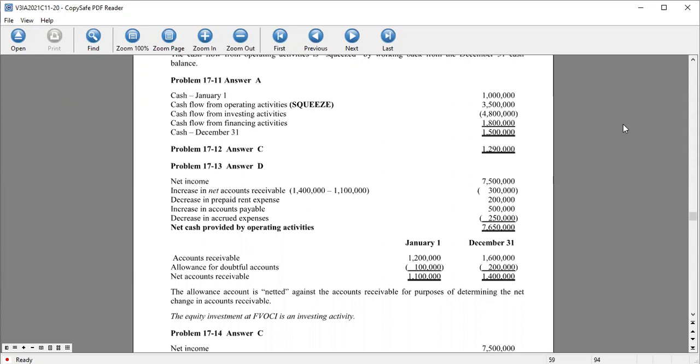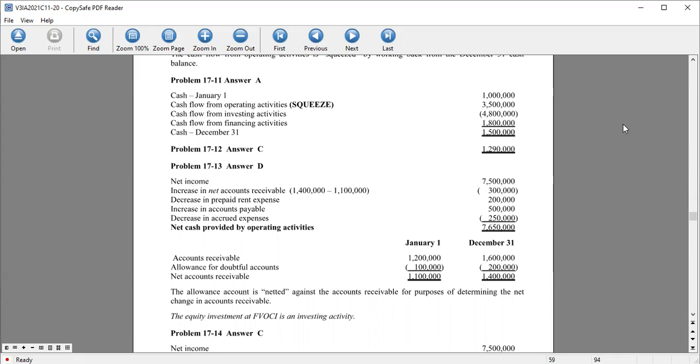Now we have the answer of 1,290,000. If we have now to add back a depreciation by 1.9 million, then increase in accounts receivable is to be deducted. Non-trading equity investment increase. We have the inventory of 730,000 deduct, and we have the non-trade notes payable is non-trade. And we have now your increase in accounts payable